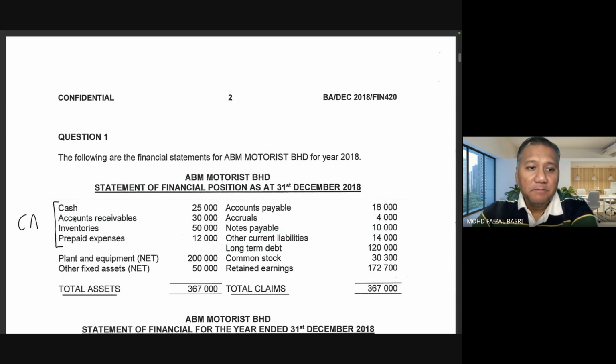Anyway, the first four, cash, accounts receivable, inventories, prepaid expenses, all of these are current assets. The two at the bottom are fixed assets. And on the other side here,